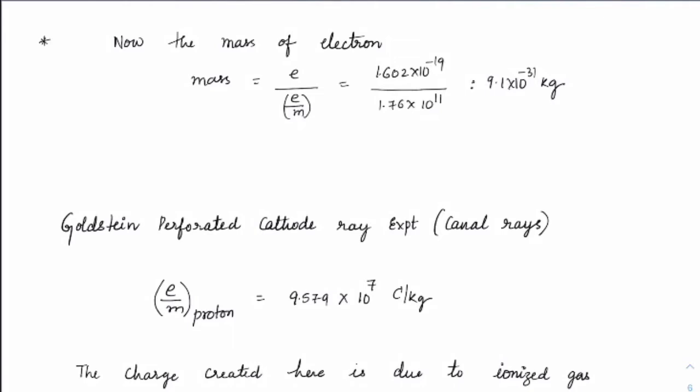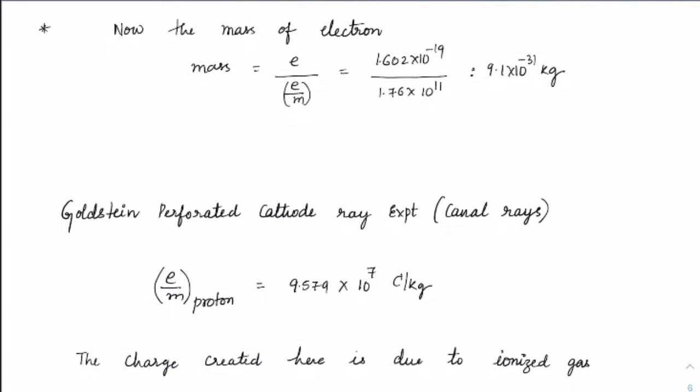Now, what you need to know is that, based on the charge of the electron, we will be able to calculate the mass of the electron, and that comes to be 9.1 into 10 raised to power of minus 31 kgs. Because now I have the charge already, and the e by m value we got already before, so using that we can get the mass of the electron.